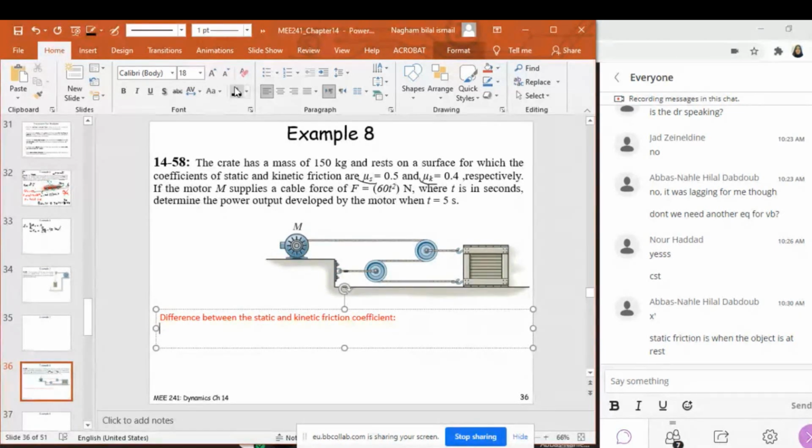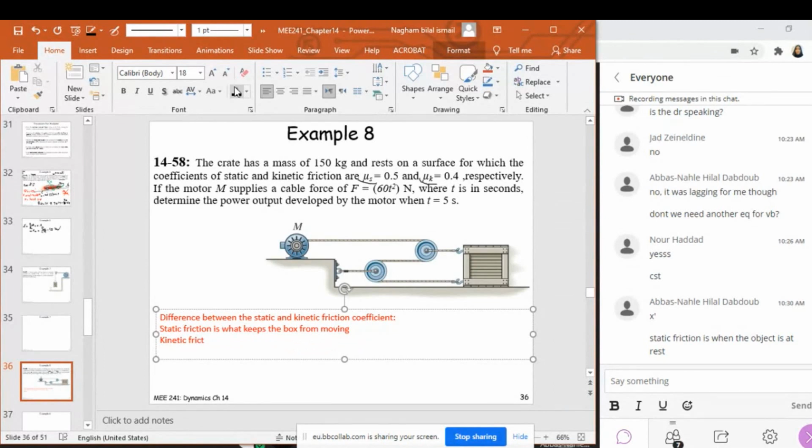Okay. So static friction is what keeps the box from moving, which means I'm giving the box a certain force, but it is still at rest. This mass or this box is not moving because this force is not overcoming the static friction. All right. So static friction is what keeps the box from moving,